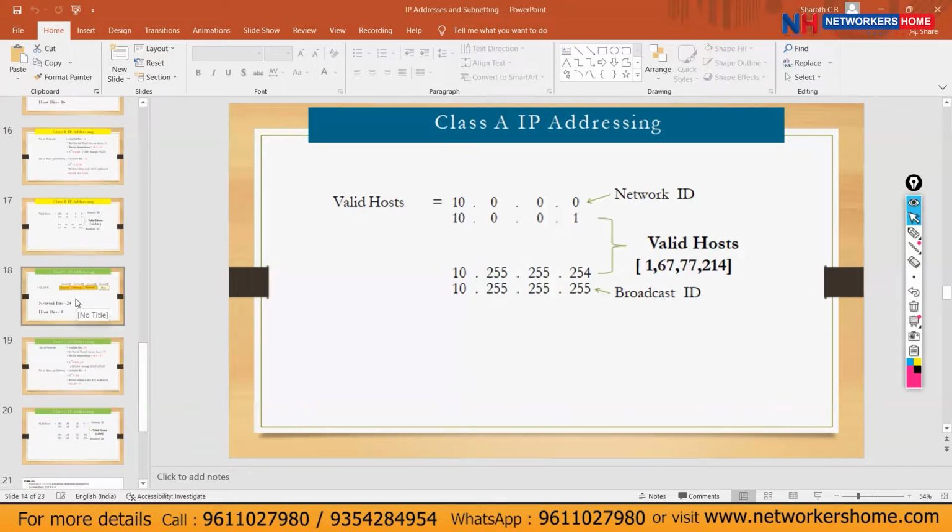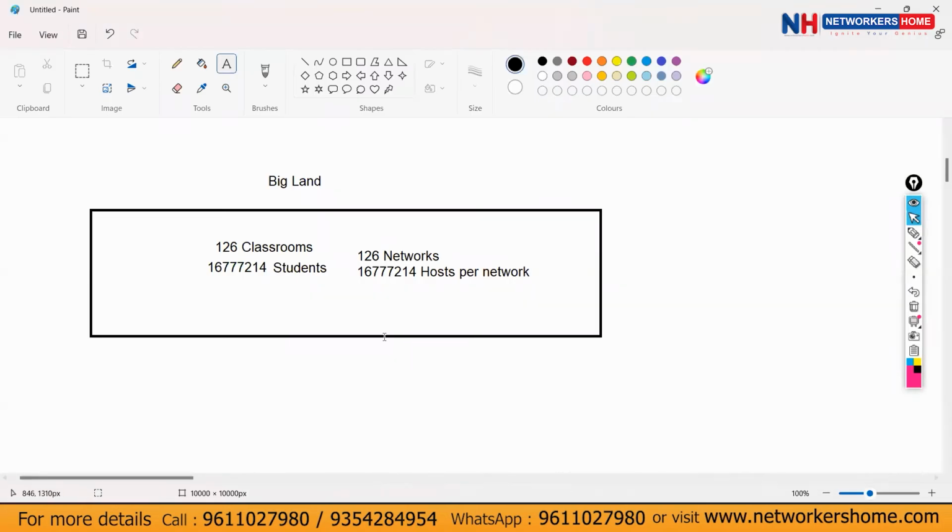Let's go to class B subnetting. Next, let's see, using class B subnetting, how can we divide this big LAN, how many classrooms we can fit and how many students can be in one classroom.